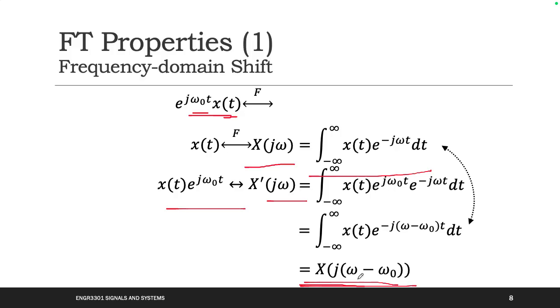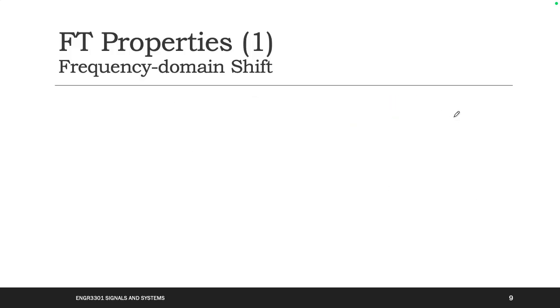Any question? Okay. And then the new signal's FT should be this one. We also call it the modulation property. It's the same property: frequency domain shift property or modulation property. Actually, when we talk about the communication application, you will know why we call it the modulation property. Okay, then let's talk about the other